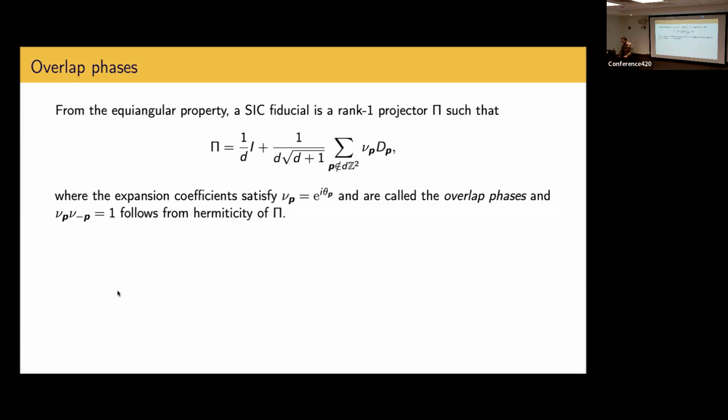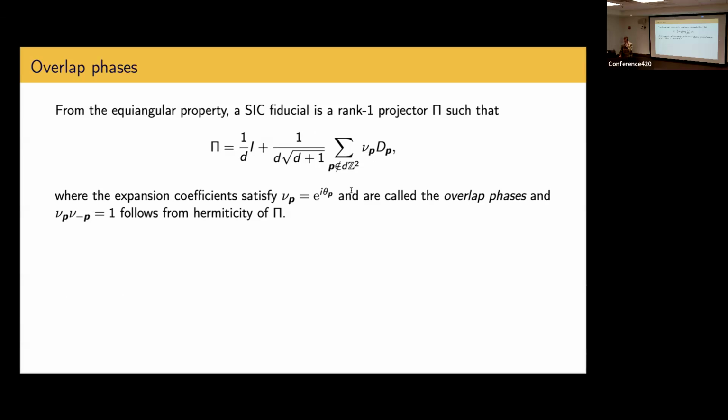Okay. So now once we impose this symmetry that we get from the Qdit-Pauli group, you can prove that this fiducial projector has to have the following form. So the displacement operators form a matrix basis. So I can expand any matrix as a sum over coefficients times displacement operators. And if I enforce this defining condition that I get for SIC-POVMs, that they're equiangular, then I can say, well, it's a rank 1 projector, so its trace is 1. So I get 1 over d times the identity, plus some constant times some expansion coefficients that satisfy 2 notable